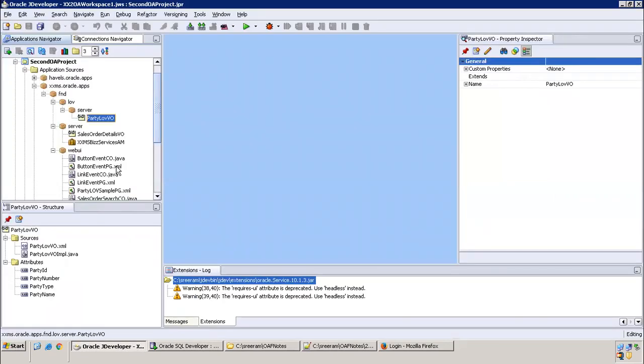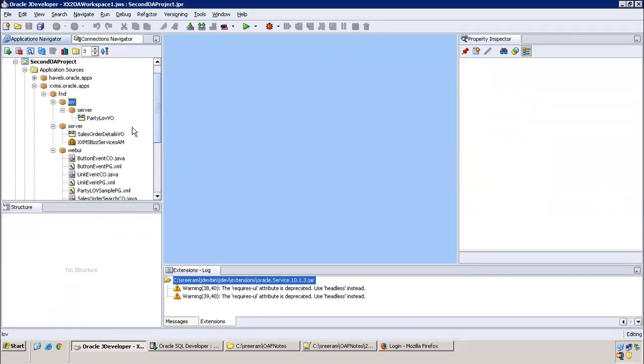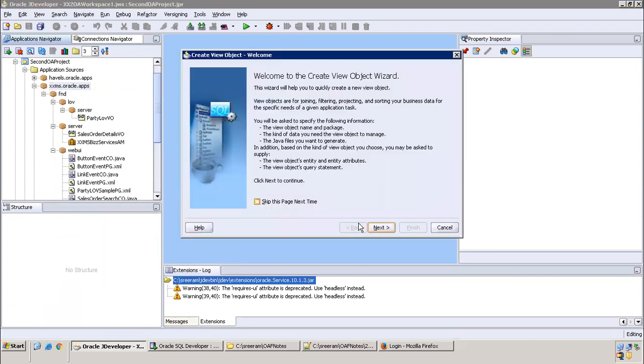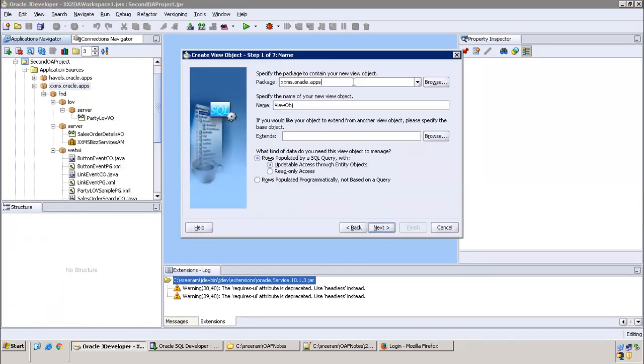Can you please open that one? The package just now we created, the structure. Yeah, this is the one, right? LOV server. When we create a VO, we mention a new package name, right? When you create a new VO, you'll mention the package you wanted to have it. If you mention a new package, it will create a package. If you use an existing one, it will create in the existing package only.